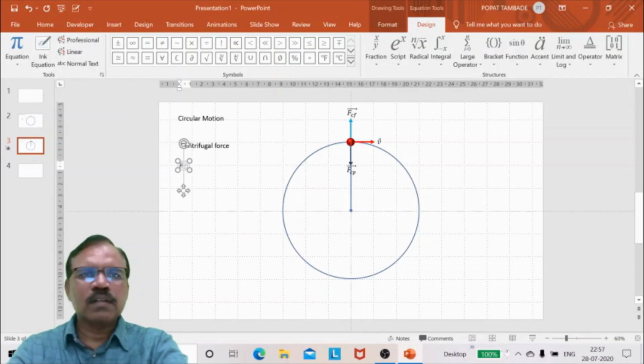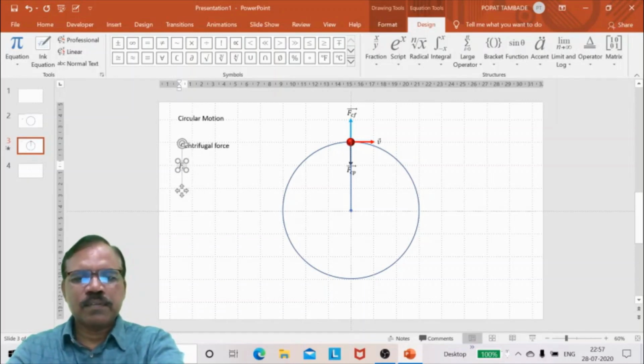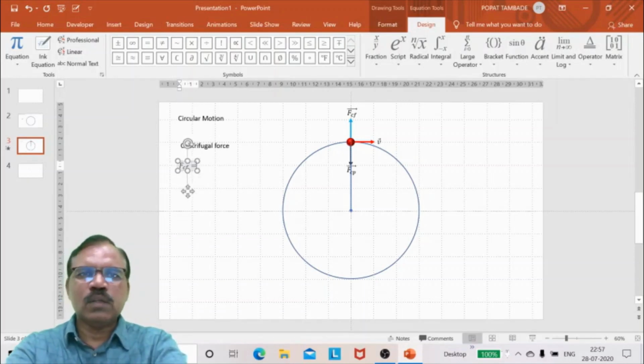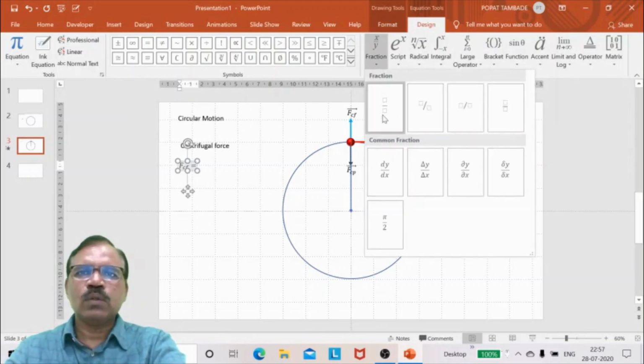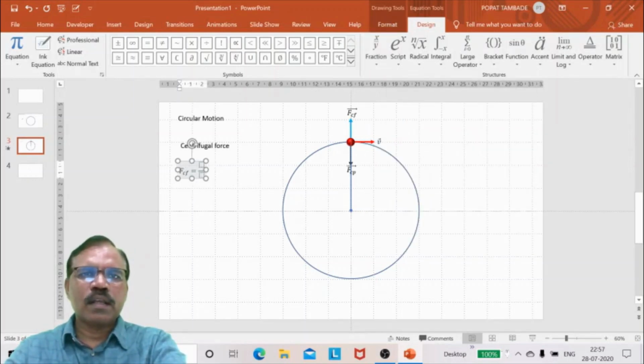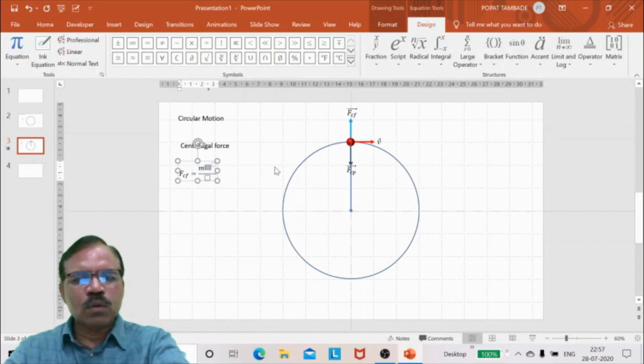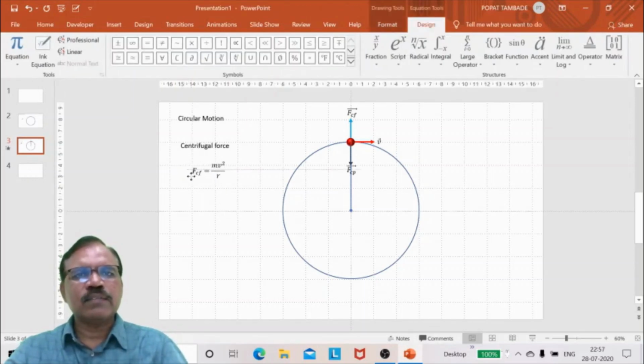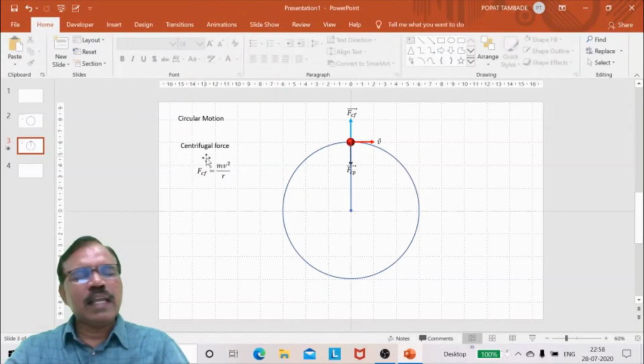F CF is equal to, I have to take ratio, M, then I will go here V square, MV square upon R, where R is radius. So in this way I can add text, whatever definitions here.